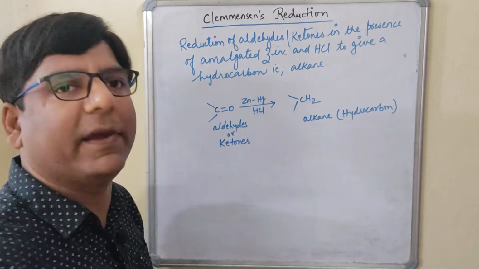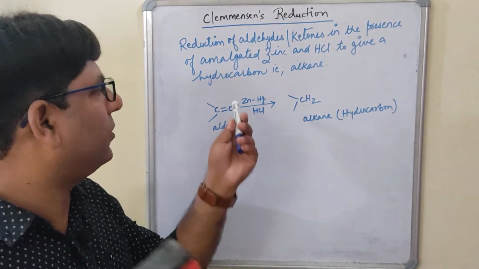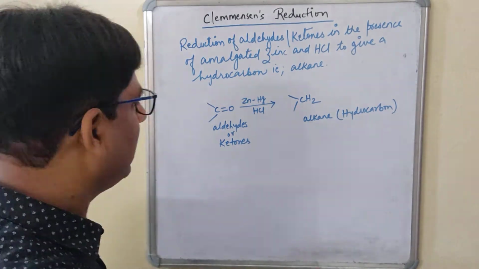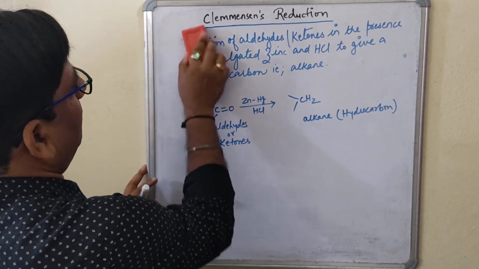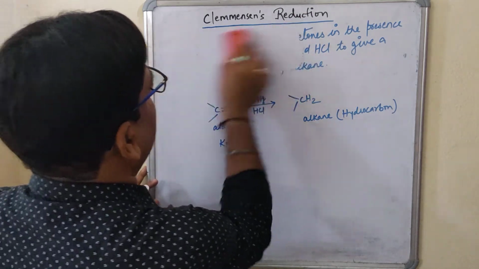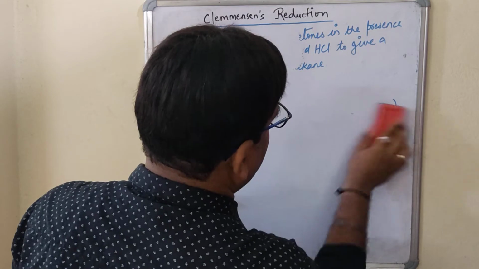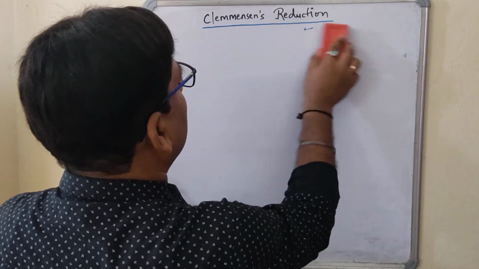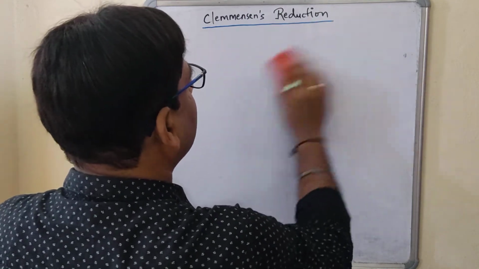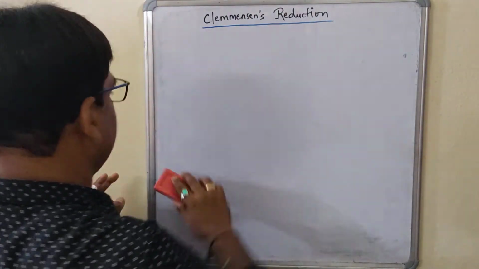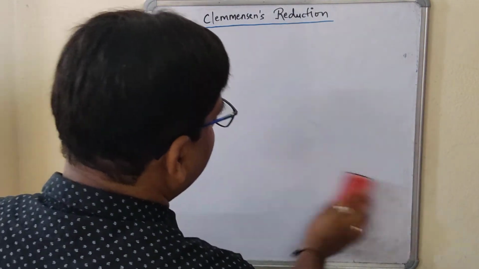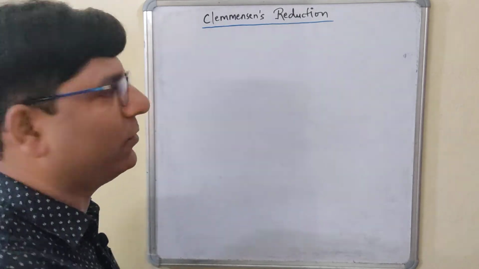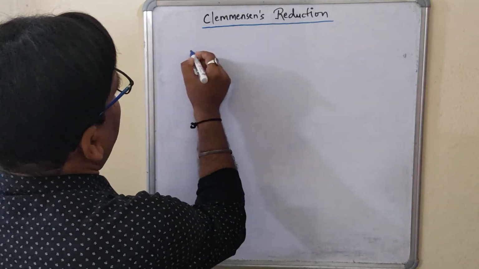Now, students, let us see the mechanism of it. Okay. Already I have told you the role of this zinc and the HCl. What is their role? What will they do in the reaction? Now, let us see the mechanism of it. This is a very simple reaction, students. Okay, and the mechanism is also very simple. The only thing is you need to remember the role of zinc as well as the HCl. Then you can easily understand and easily write the reaction, whatever substrate you choose, aldehyde or the ketones. Now, let us see the mechanism of it.